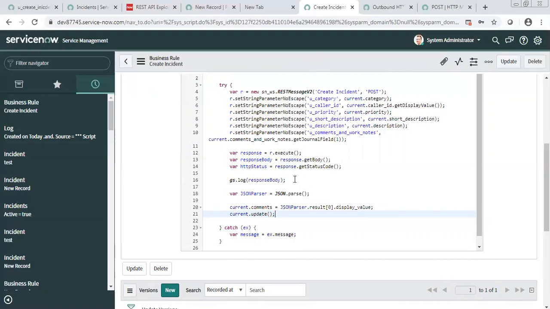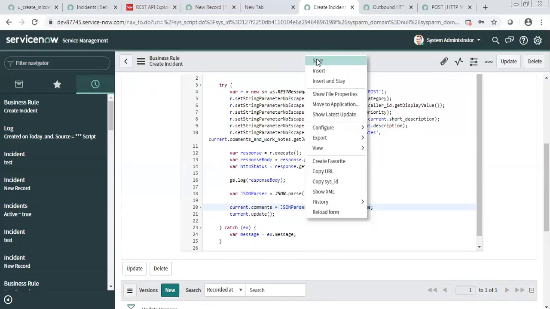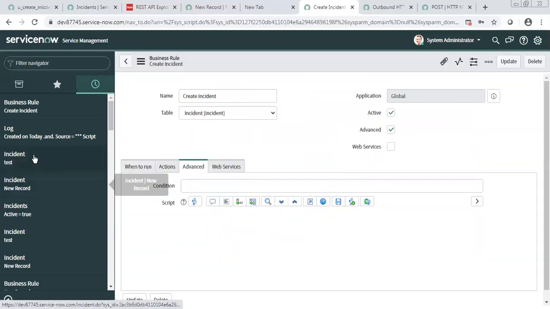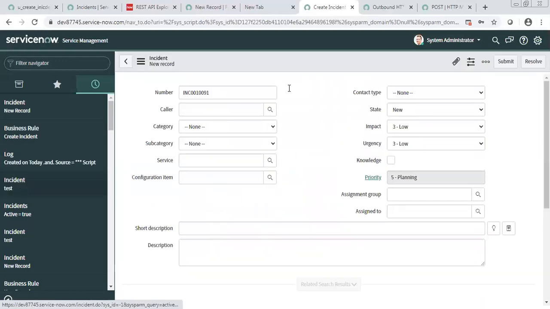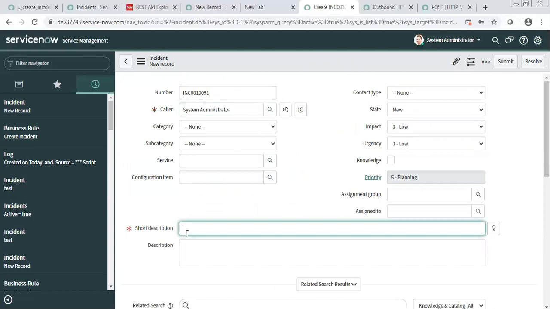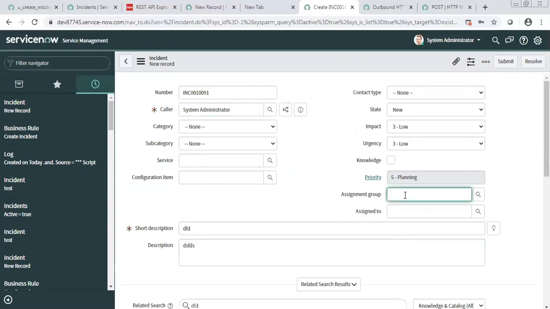Instead of comments, do we need to use comments and work notes? I'm just putting this one. You may have another field created on your instance, so wherever you want, you can put it. So is that enough? That will publish the incident number here. Let's just try. But we did not mention any incident number field. I have read the JSON response. Let's see.